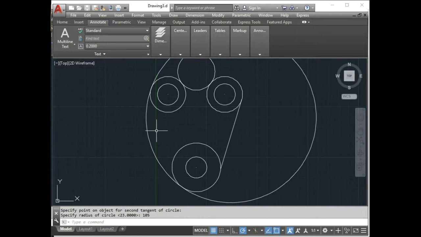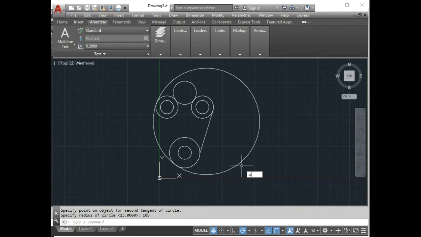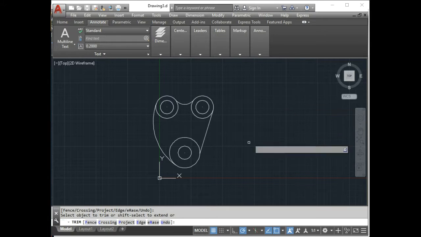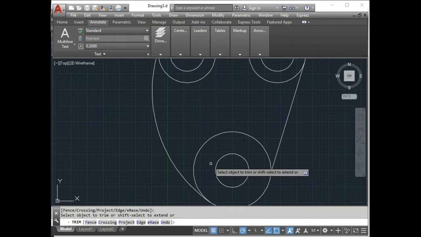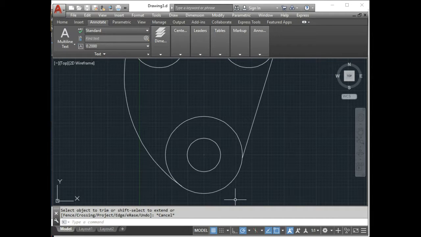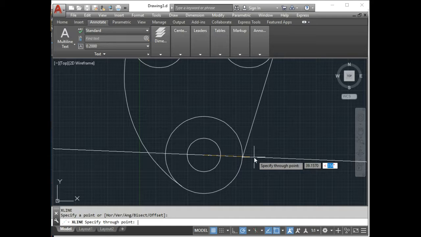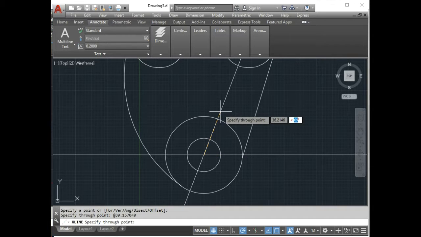So having all the circles and lines, now we are going to the trim tool, trim, double enter, removing the excess or unwanted portions. So we have the basic figure. Before going to completion, there is another part in this. So taking X line, XL, enter, from this point